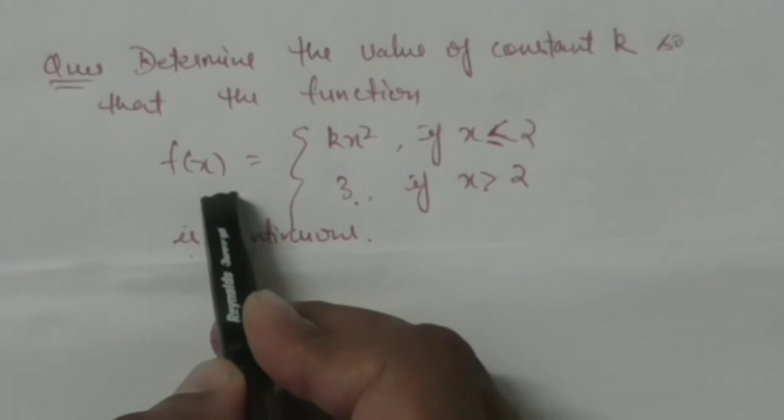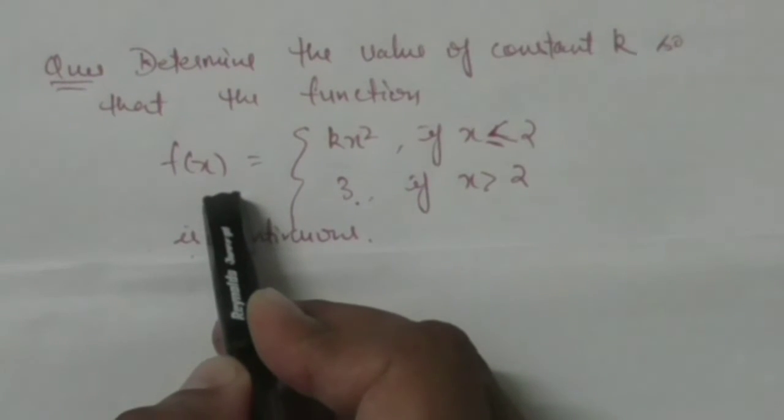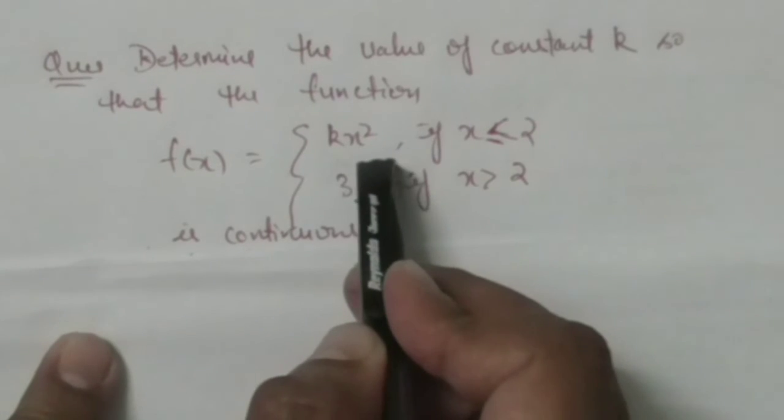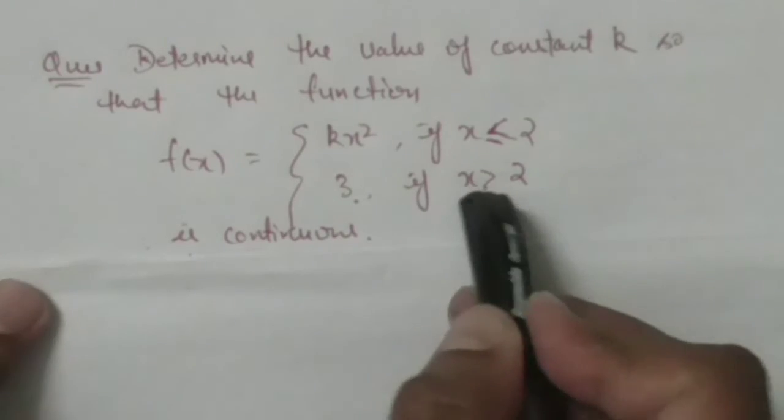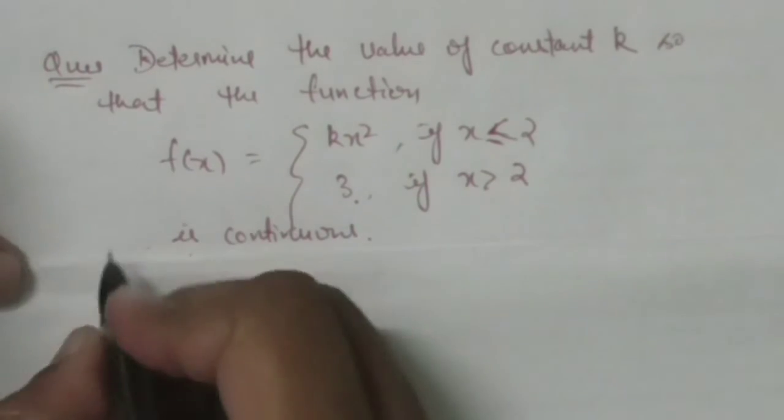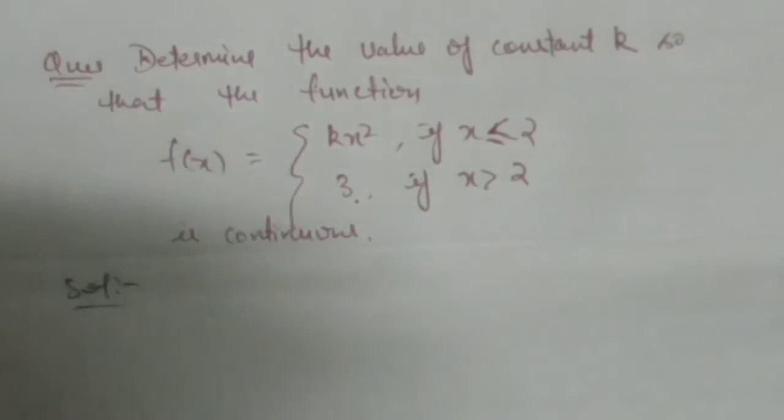f(x) is equal to kx square, right? f(x) is equal to kx square when x is less than equal to 2, and f(x) is equal to 3 when x is greater than 2. Now let us solve it. So see,